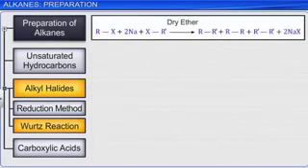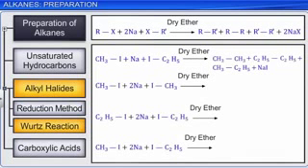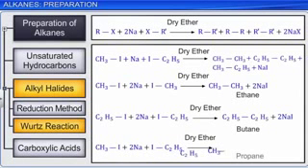It is important to note that when two different alkyl halides are taken, then a mixture of alkanes is produced. For example, the Wurtz reaction of a mixture of methyl iodide and ethyl iodide forms ethane, butane, and propane respectively. As alkanes have close boiling points, it becomes very difficult to separate them from the mixture. Hence, this method is not suitable to prepare alkanes with an odd number of carbon atoms.